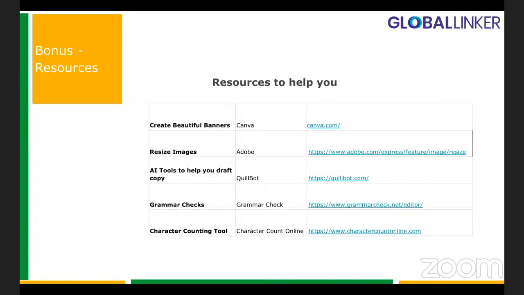You can use them to write good product descriptions as well, your company descriptions, and many other information. When we write, we do end up making a lot of grammatical errors. So use this link to help improve your grammar. And you can also use a character counter tool in case any of the platforms have some character limits for you as well.